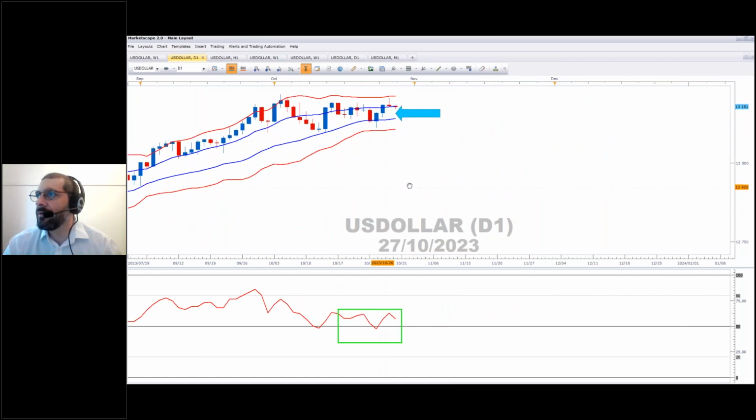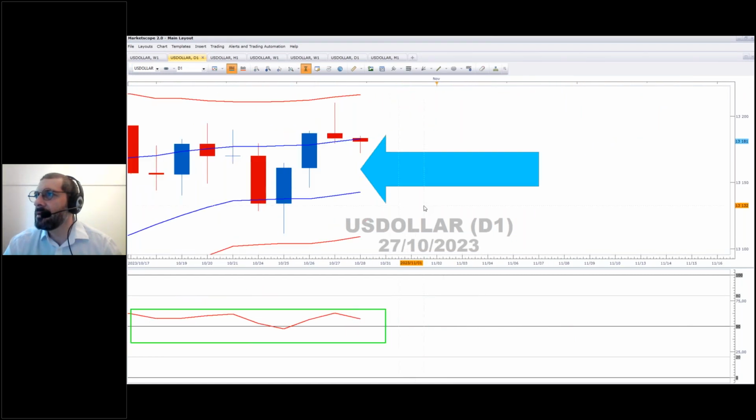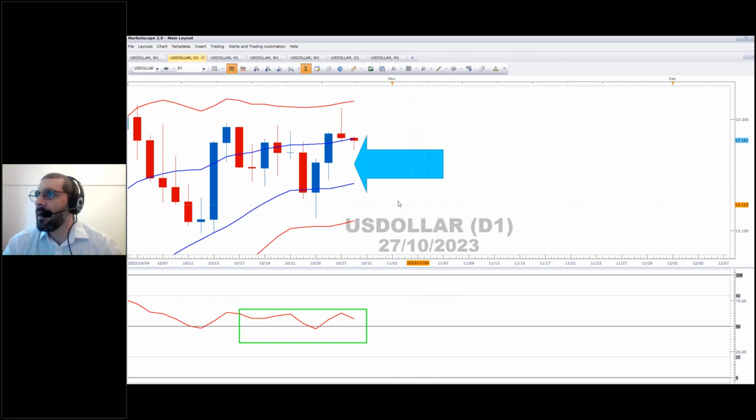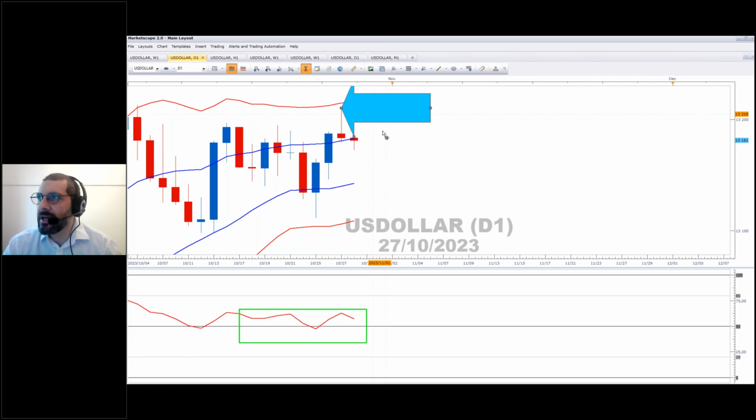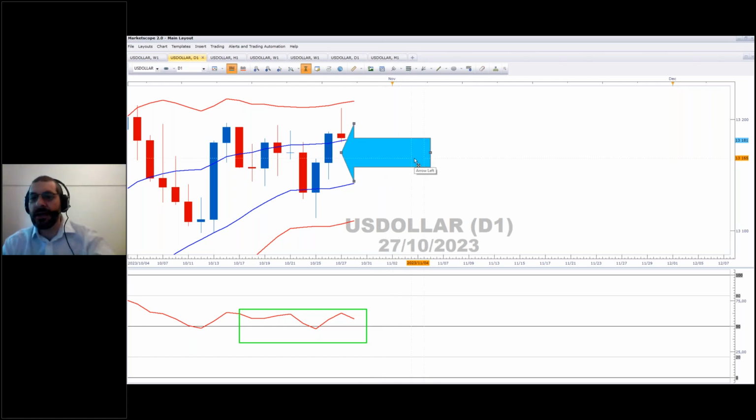Okay, so let's zoom in here. Yeah. Okay, so it's not surprising then that we've got sort of pressure on the greenback yesterday. Let me combine candles on the screen as well. Bear with me while we do this exercise.